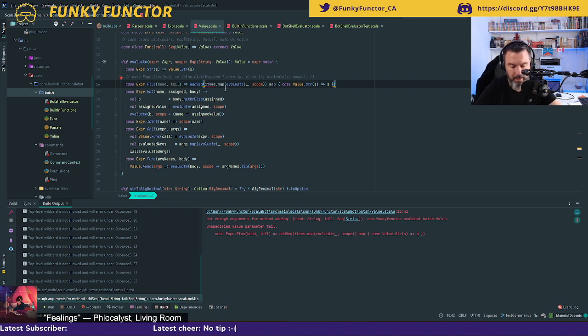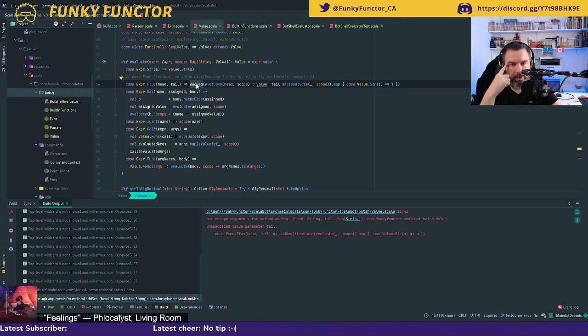So I need to, first of all, evaluate head with the given scope. Then I want to do the tail and I want to evaluate this. And okay, I get it. I get why he tries to do this map afterwards. So let's modify this a bit.